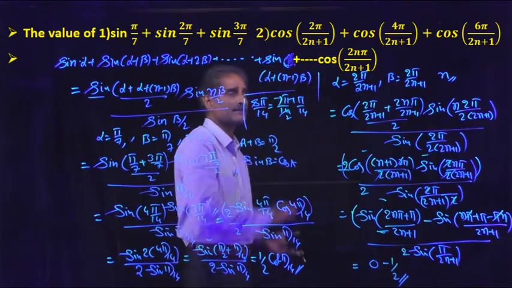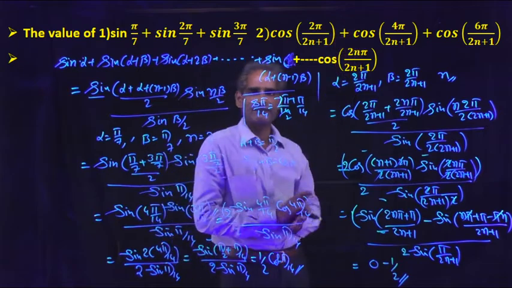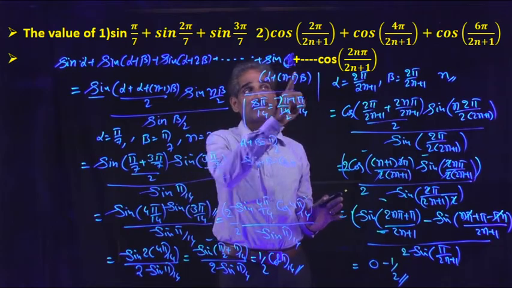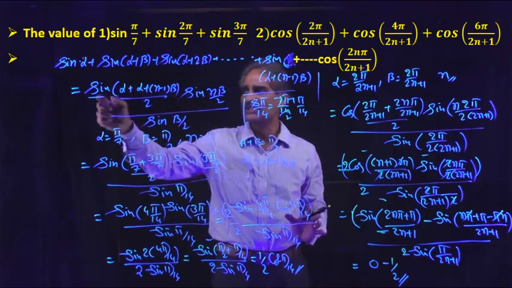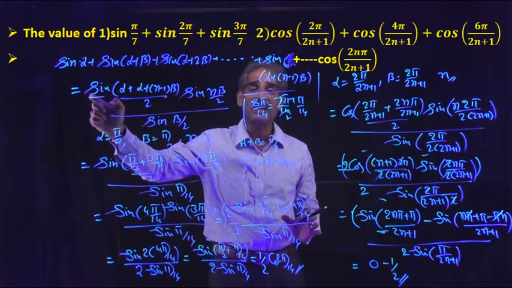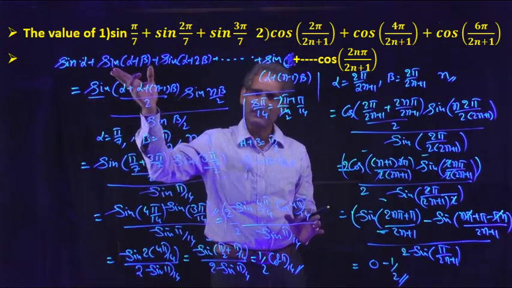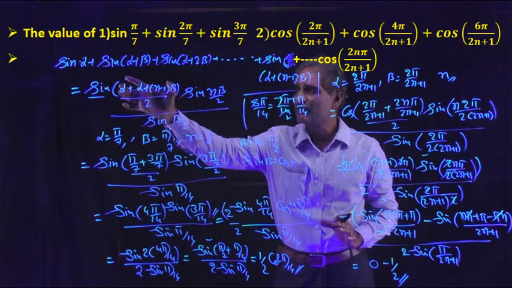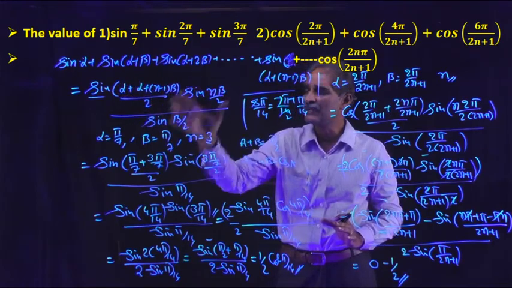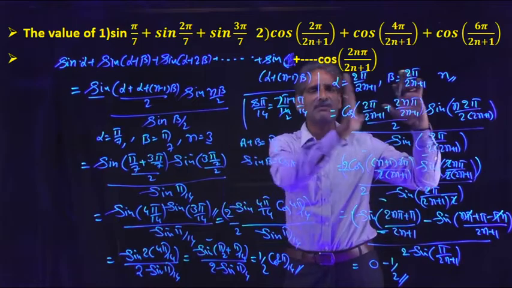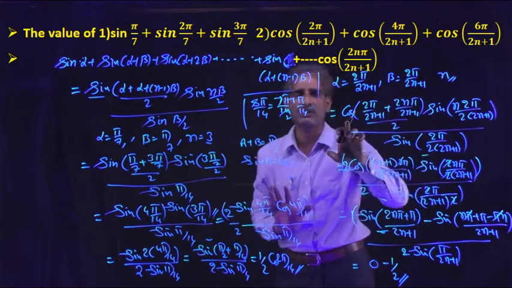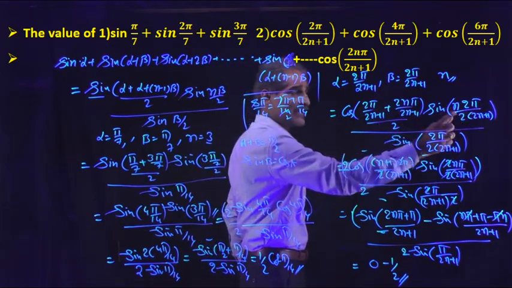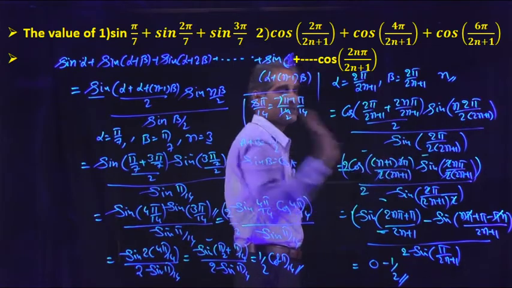See once again, here these angles are in AP. Okay, the functions are cos. Already I said, if the function is cos, the only change is in this function, here we will get a cos function. The remaining 2 terms are the same, whether the function is cos or sin. So what is the formula? Sin of the sum of the first and last angle by 2, sin of n beta by 2, by sin of beta by 2. That is the formula. We have to apply the same formula here. The only change is at the first place. So cos of the first angle plus last angle by 2, sin of n into beta by 2, by sin of beta by 2.